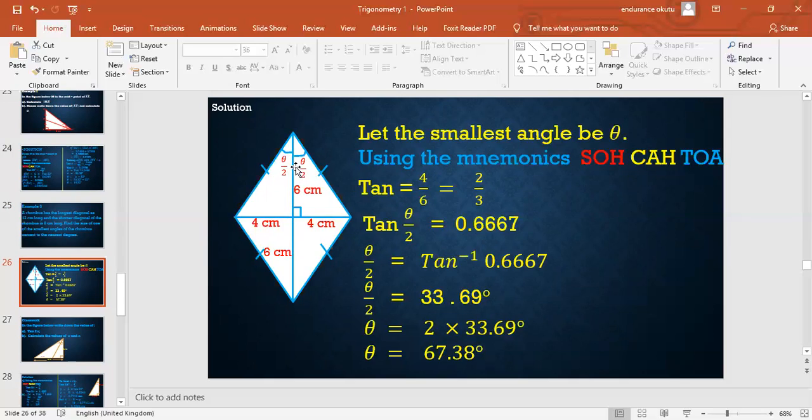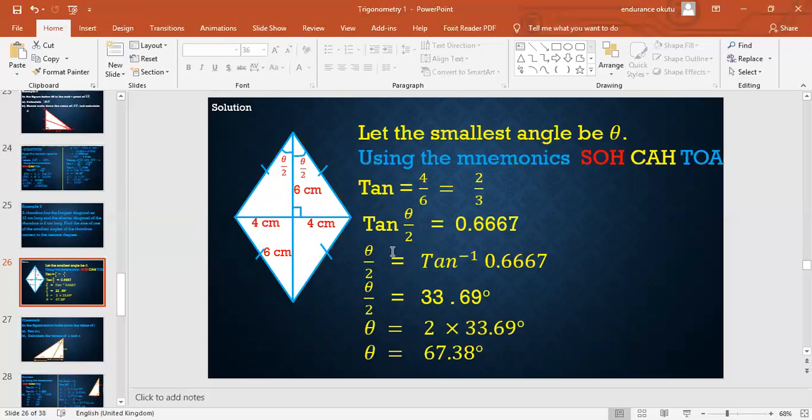Now, taking this triangle, we have opposite over adjacent, which is 4 over 6, tan. We have tan theta over 2, because we are dividing theta over 2, since the triangle has been divided into 2 equal parts. That's why we have 4 right angle triangles inside one rhombus. Now, taking one of them, tan theta over 2 is equal to